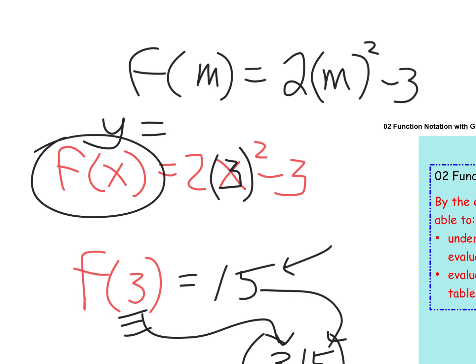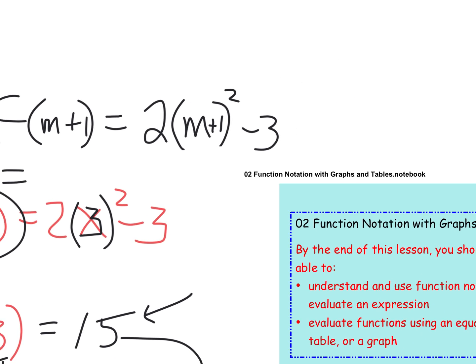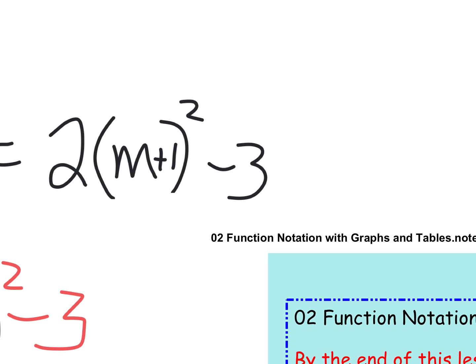Then let's just make it m plus 1. Could you please figure out what f of m plus 1 is? So I just asked you to stick m plus 1 in the problem. So m plus 1 goes here. The only problem is you can't leave it that way because that can be multiplied out. We just stuck m plus 1 in the right spot, but now you have to multiply it out, and you